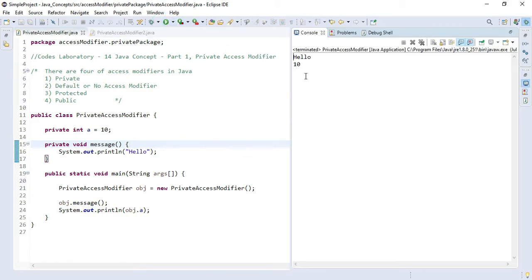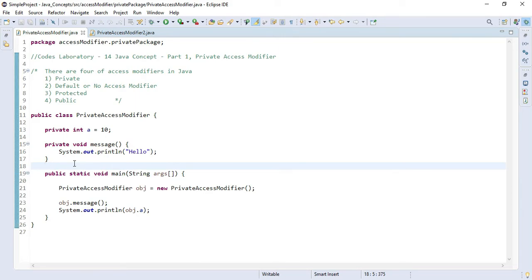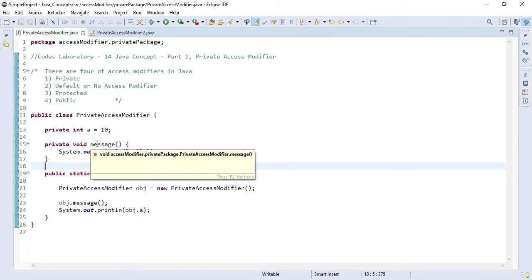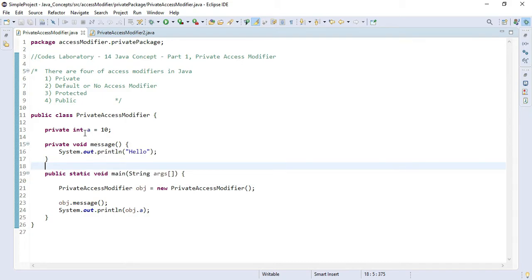As you can see, I have executed it and it gave us hello and 10. So guys, whenever you see the private access modifier in front of any variable or any method, it means you can only use that method and variable inside the class in which you have created them. If another day I am required to use this method and this variable in some other class, I won't be able to do it.